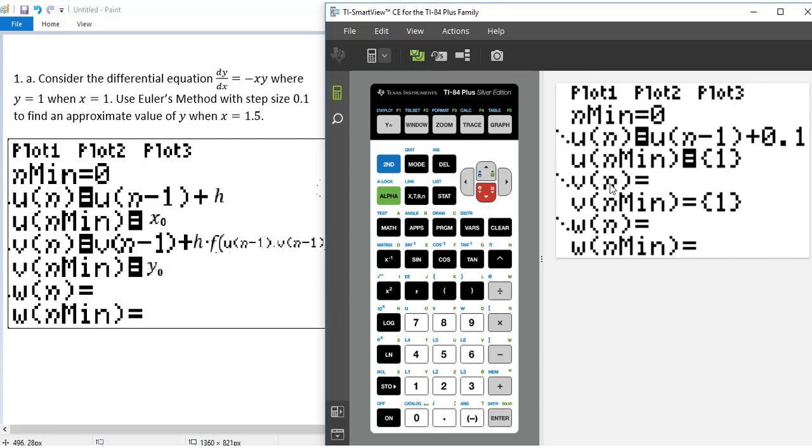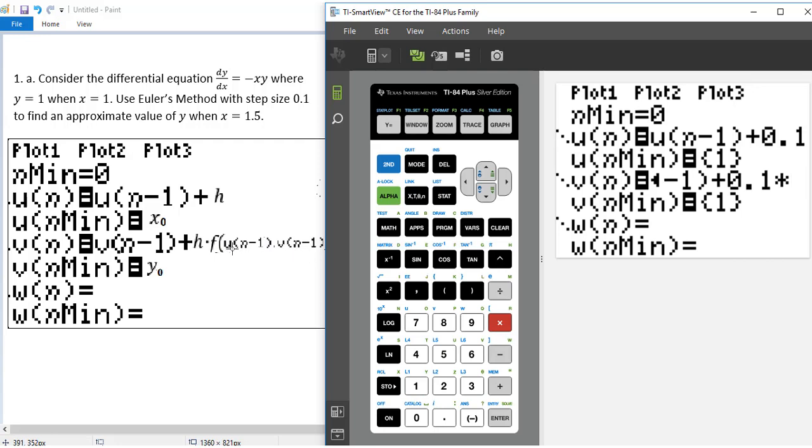For v sub n, basically that is y sub n, you will get v sub n minus 1. So second v, parentheses, n minus 1. Then plus 0.1, which is the h. Here's the 1. You need to